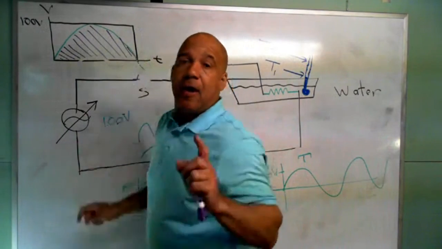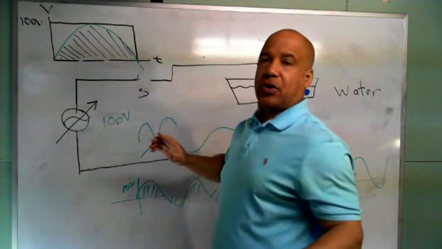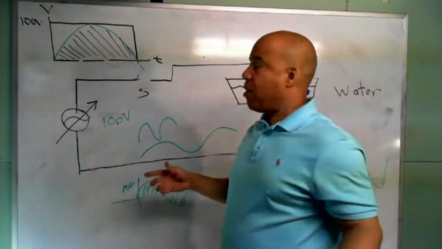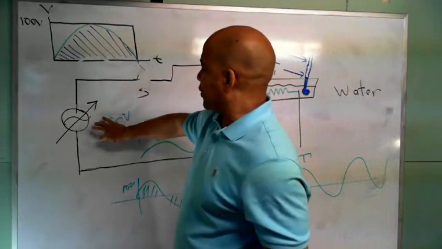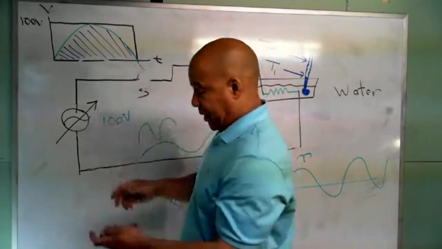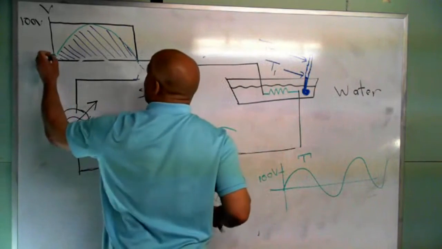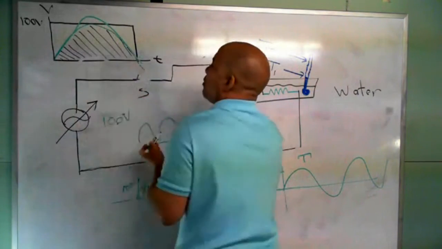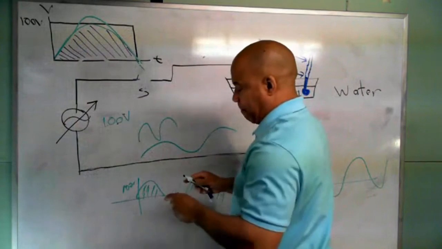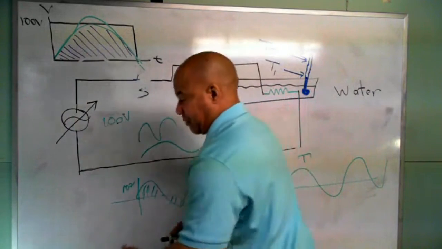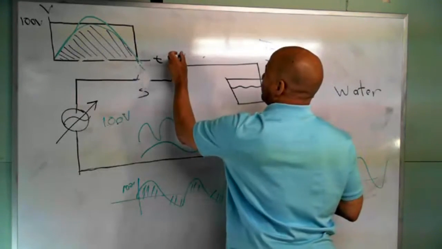What I want to do is I want the AC source and the DC source to provide the same amount of power or heat to the resistor. So what I'm going to have to do is turn this up a little higher than 100. I actually have to make this AC come up a little higher, because what I want to do is push it down. So when I push it down, what I'm after is this. I got this square, this box